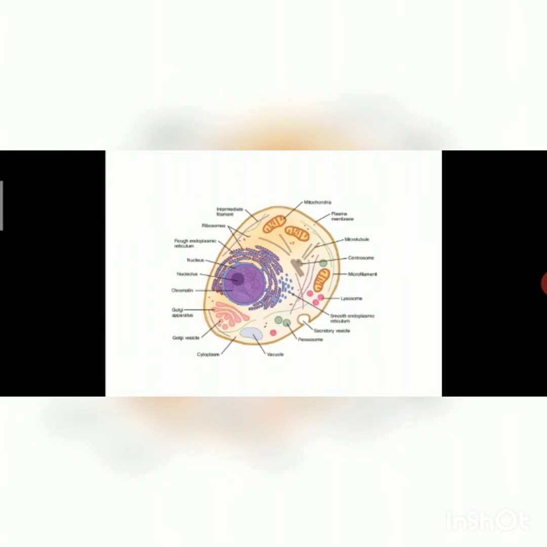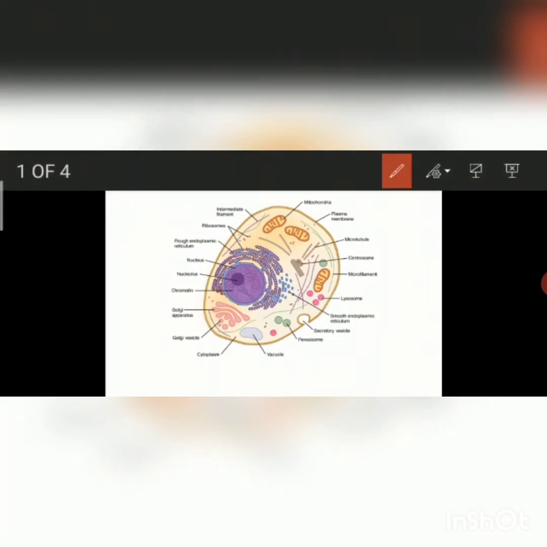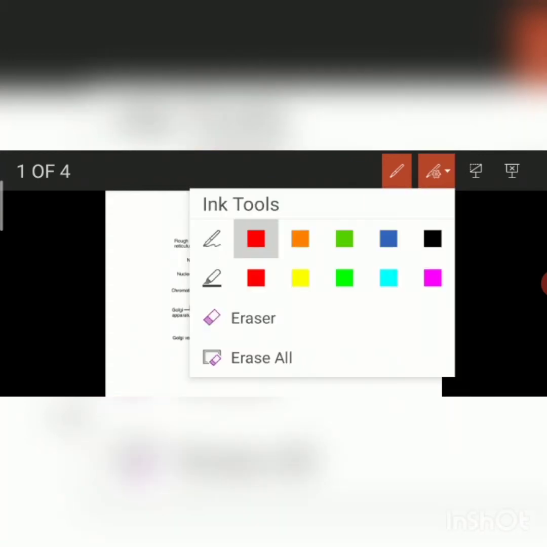Last week we studied the nucleus and the endoplasmic reticulum, and I told you that the outer layer of the nuclear envelope is connected to the endoplasmic reticulum. Now here this is the Golgi apparatus, and the membranes of the Golgi apparatus often have connections with the membranes of the endoplasmic reticulum. So the membranes of the Golgi apparatus are connected to the membranes of the endoplasmic reticulum.